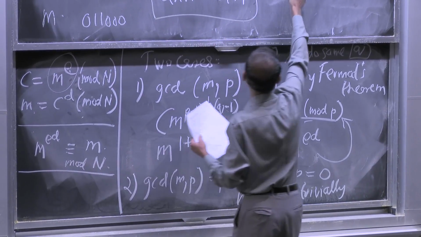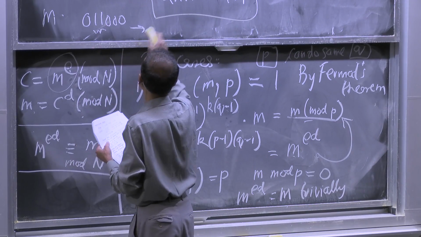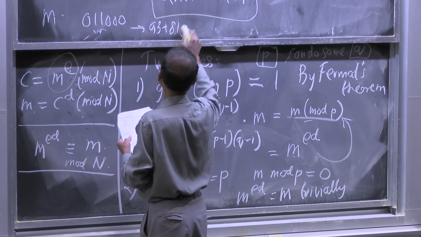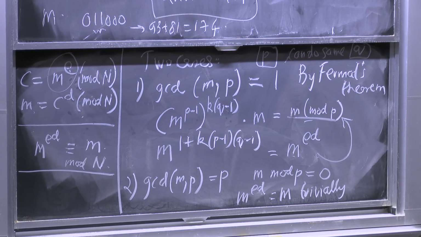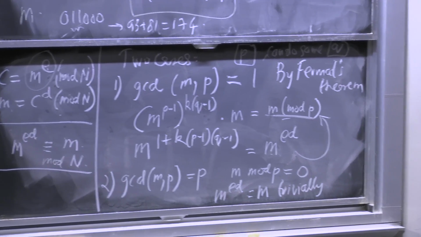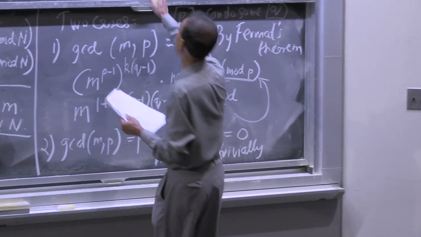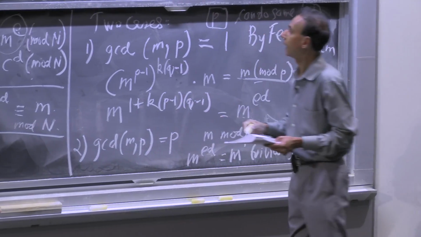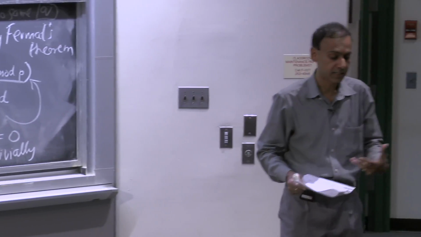Then all you do is add up 93 and 81, because those are those two, and you say this is going to get encrypted by 174. Right? So the message encryption is simply a simple operation where you add up weights of the knapsack. So you end up getting 174 out here,